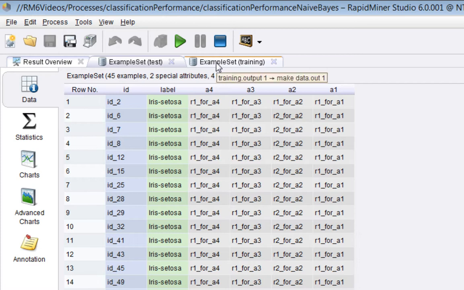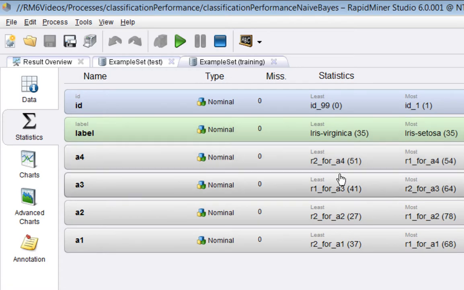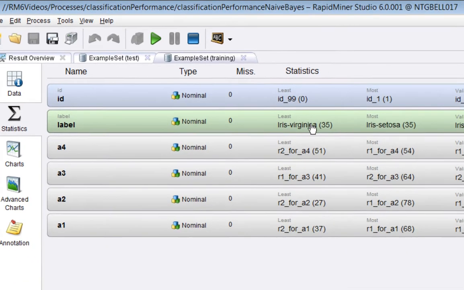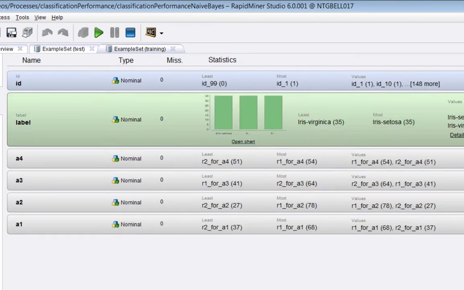You'll recognize that the data is the Iris dataset. I've simplified it to have nominal values instead of numerical values. This is simply to make it a bit easier to explain how naive Bayes works. If we look at the training data, for example, let's look at the statistics view. You can see the label has 3 possible values,